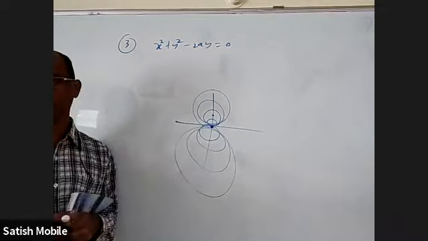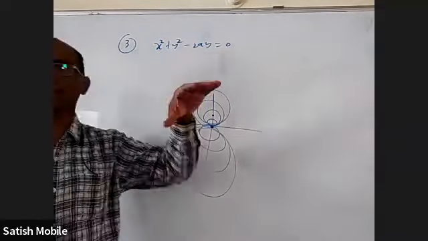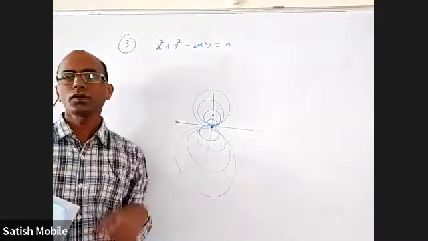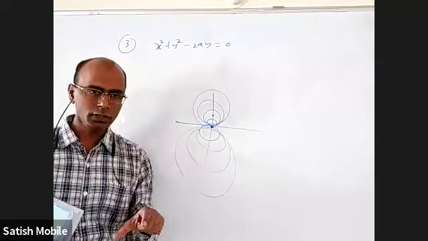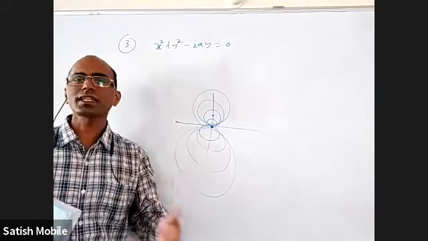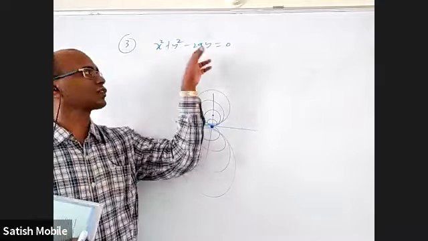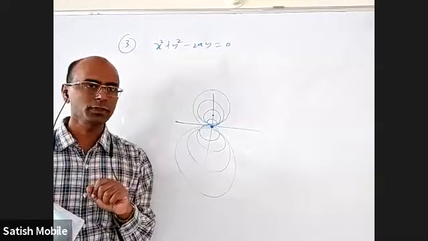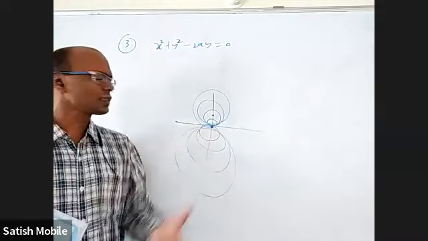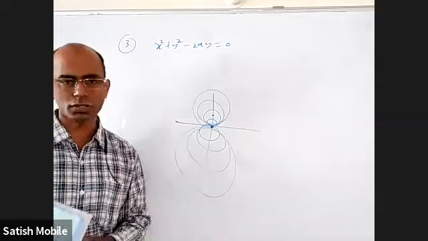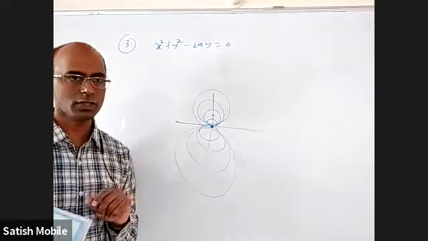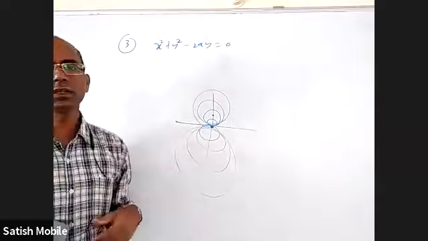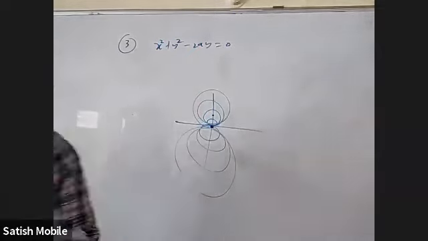Why am I talking about this? Here they gave you this directly and ask what is the differential equation of this family. But sometimes they will not give this. They will ask like this: what is the differential equation of the family of circles which are touching the x-axis at origin? So first of all, you have to understand it is this and then eliminate. Later on, some questions will come like that. Or they can ask all the circles whose center is on the y-axis and passing through the origin. What is the differential equation of that family of circles? So first of all, using your coordinate geometry knowledge, you have to frame this equation and then eliminate. But here they already gave you that equation.